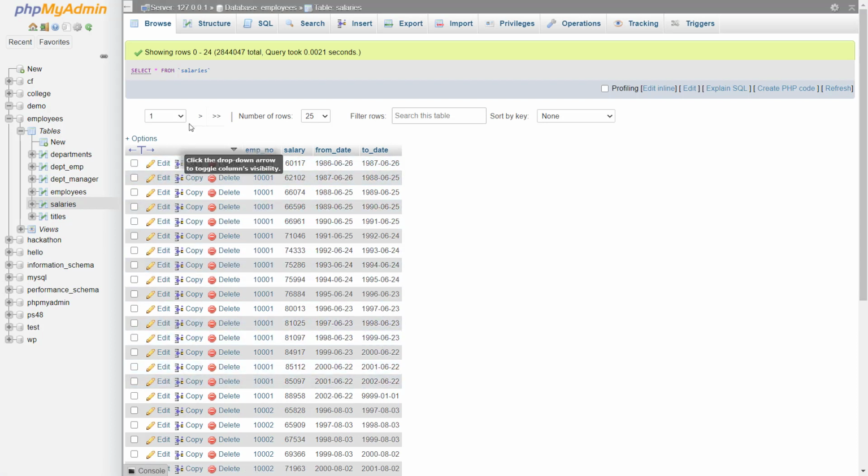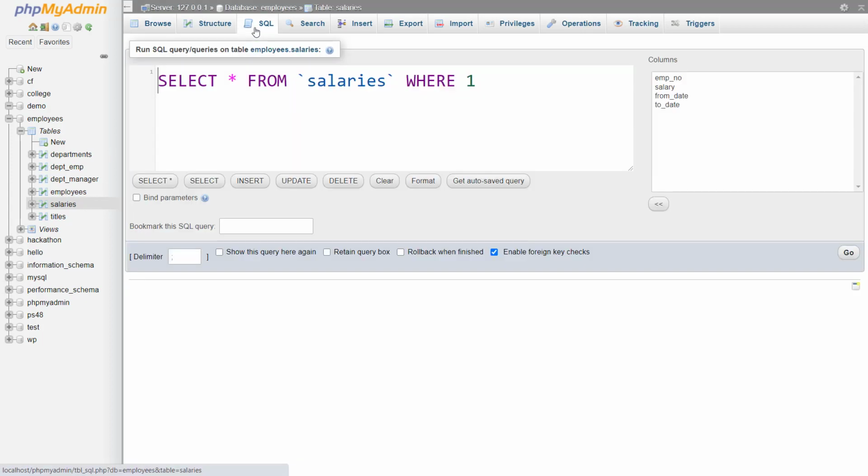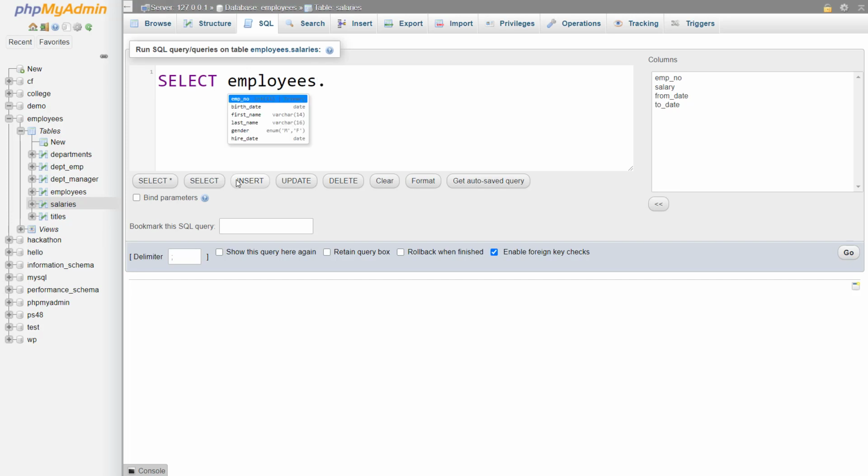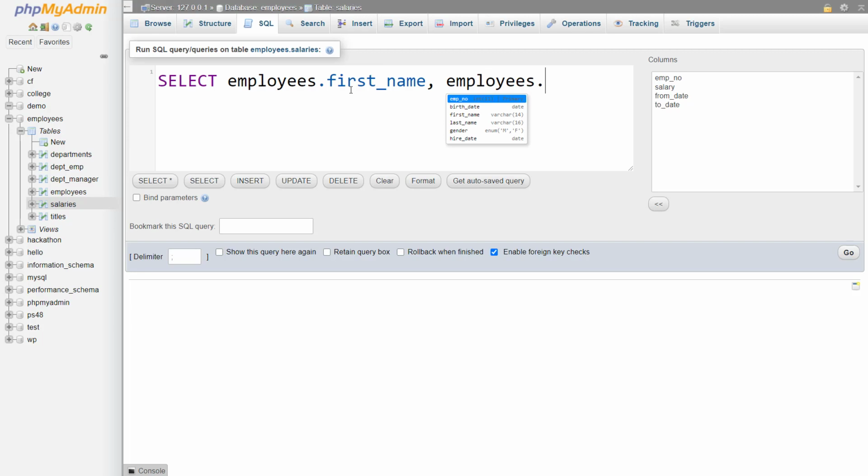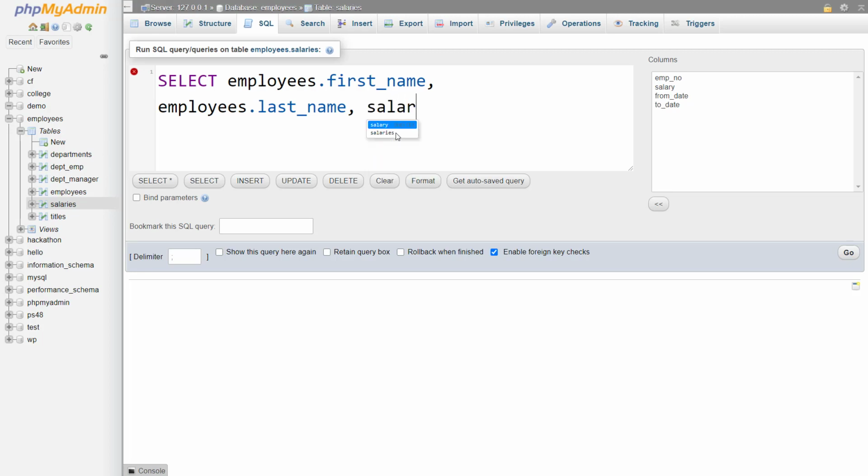If I want to fetch both of these things together, then I have to give reference to both tables in a single query. Let me show you how we can do that. First of all, I have to fetch from the employees table. So I write employees, then dot. Here we are giving reference to the employees table: employees.first_name and then employees.last_name. This way I am selecting the first_name and last_name from the employees table, and then from the salaries table I want the salary, so salaries.salary.